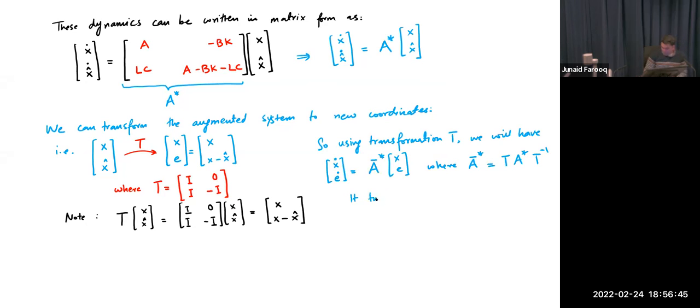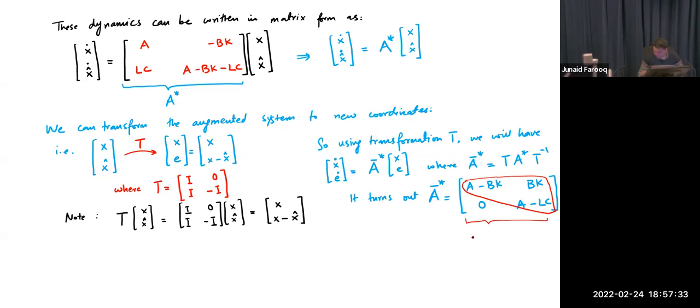Right, so from here, it turns out your A star bar is a matrix which is A minus BK, 0, BK and A minus LC. It's a little bit tedious here, but eventually the result is really beautiful, and it's a very important result in control theory. So remember, right, this is a triangular matrix. So this really is a lower triangular matrix,